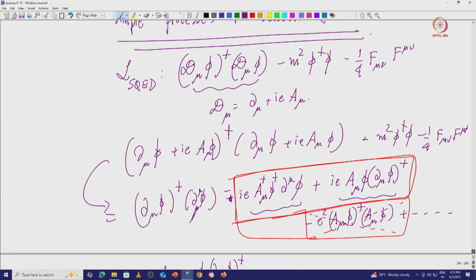Welcome back, friends. So we were discussing how to use propagator methods to solve the simple process using leading order approximation. We are going to use leading order approximation, and we started with scalar electrodynamics, essentially a scalar particle interacting electromagnetically. Okay, so we started with the Klein-Gordon equation and the Klein-Gordon Lagrangian with interactions, essentially with interactions we call this scalar electrodynamics or pion electrodynamics.